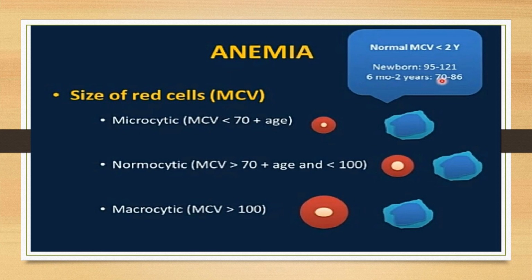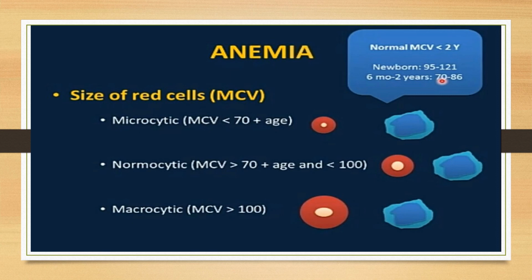We say RBC size is low, normal, or high by comparing it with the size of the nucleus of the mature lymphocyte in the peripheral circulation. In microcytic anemia, the size of the RBC is lower than the size of the nucleus of the mature lymphocyte in the peripheral circulation. Whereas in normocytic anemia, the size of the RBC is equal to the size of the nucleus of the mature lymphocyte